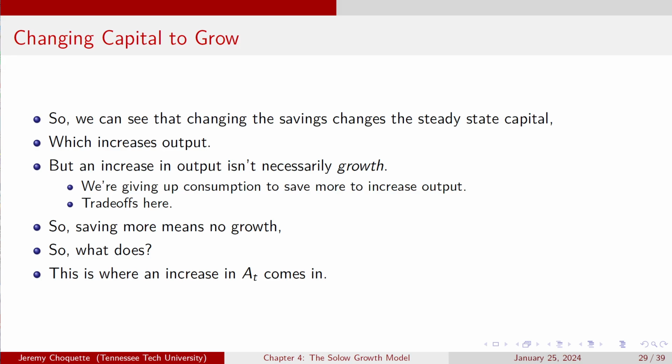So changing the savings rate changes steady state capital, which increases output, but that doesn't translate into growth of output. So if we save more, it doesn't mean growth. It just means moving to a new point on the existing production function, or that existing curve. So we're giving up consumption to save more to increase output. So there are trade-offs that we're facing, right? Because if you're getting growth, the idea would be you're increasing both consumption and investment. But if you're giving up more of one